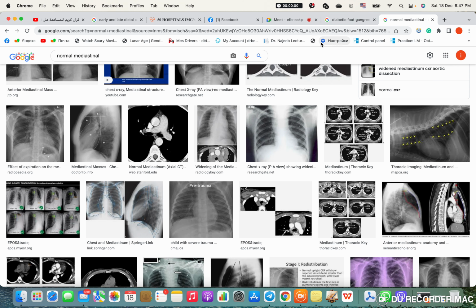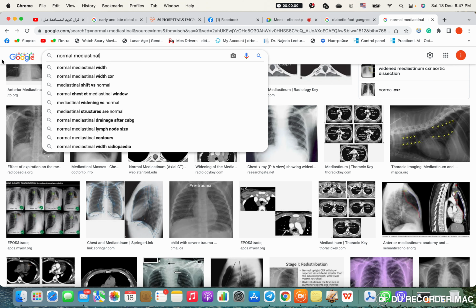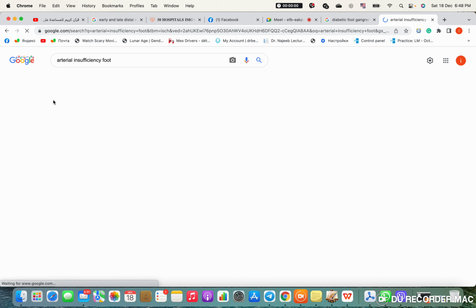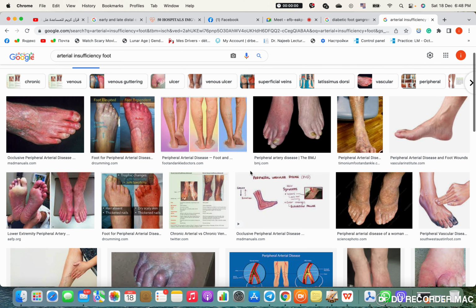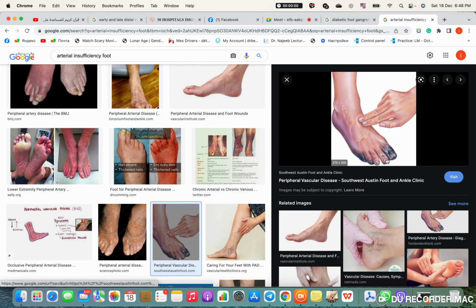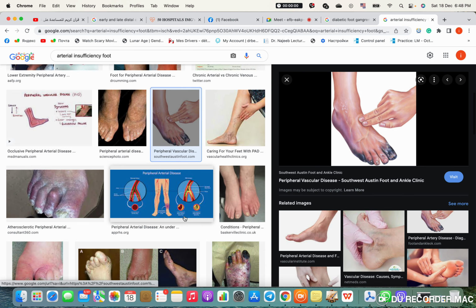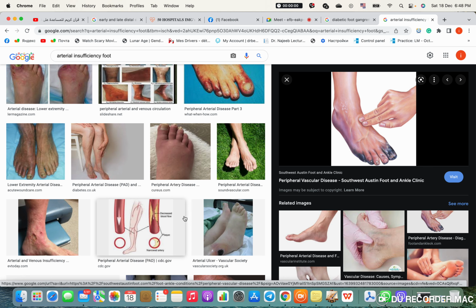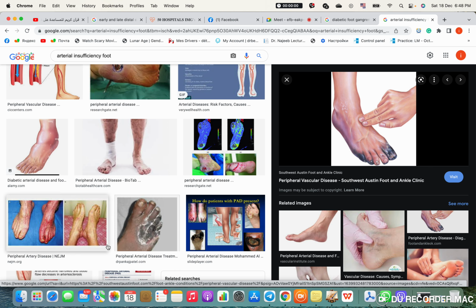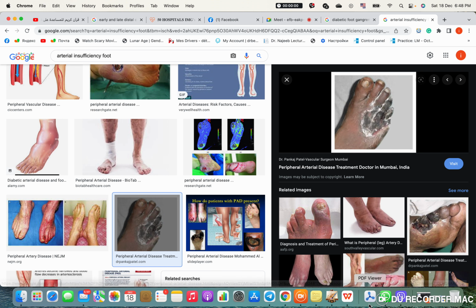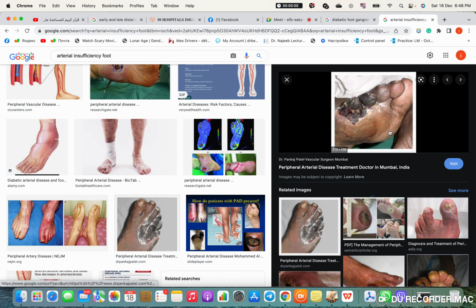So if we take a look here, I will tell you. Well, if you take a look at arterial insufficiency foot, the lesion will be at the tip of the fingers, okay? At the distalmost portion of the finger, okay? Because it's basically a watershed area, the last area to be affected, yes? So, okay, you are like, okay, I'm fine with this. This is peripheral arterial disease. The most affected part will be the distalmost portion.